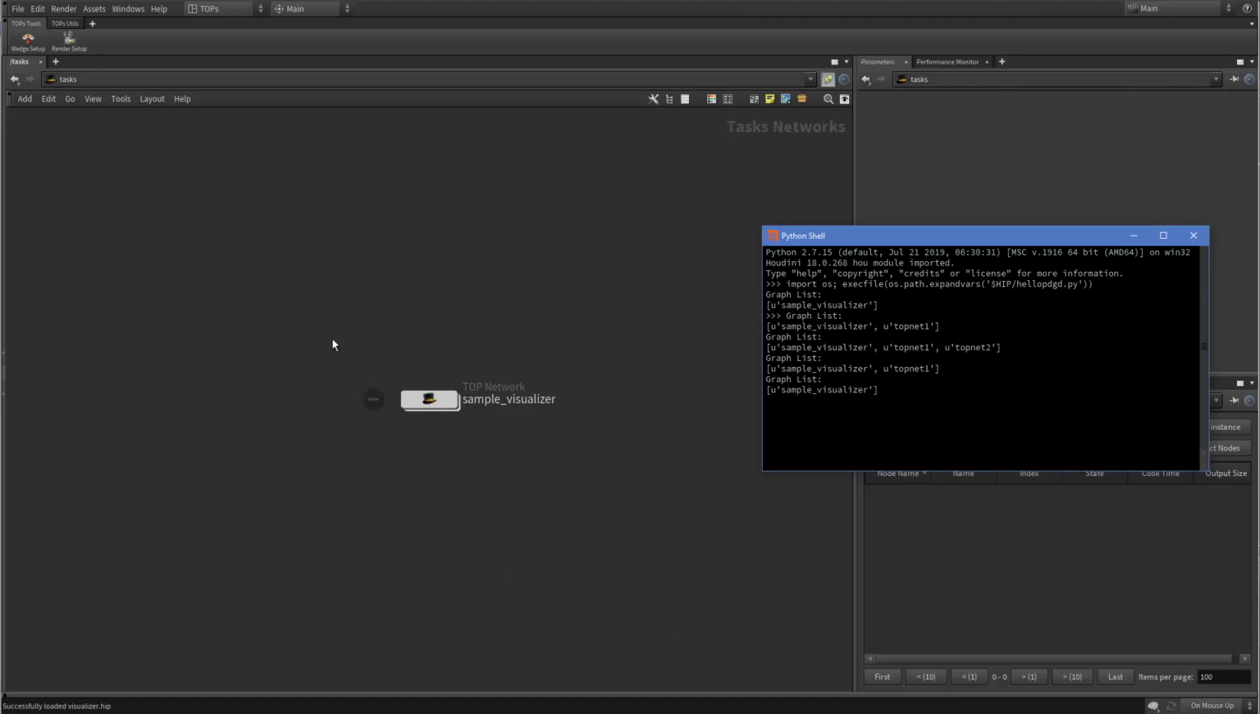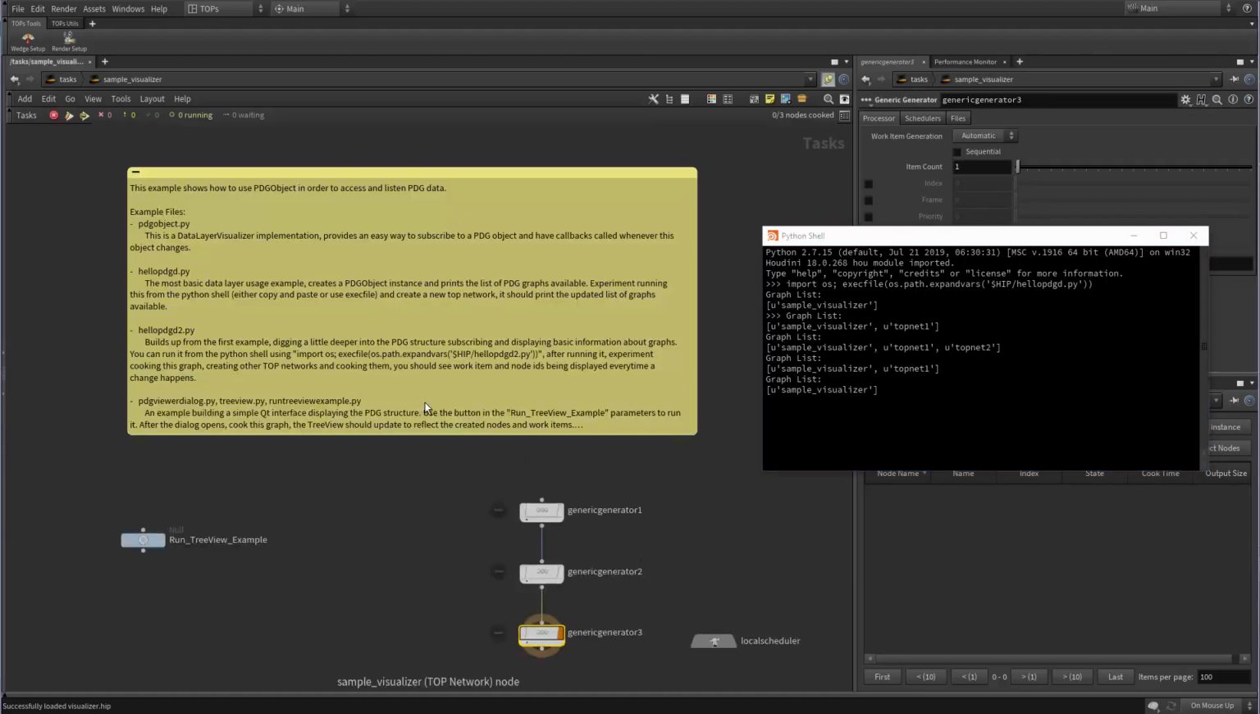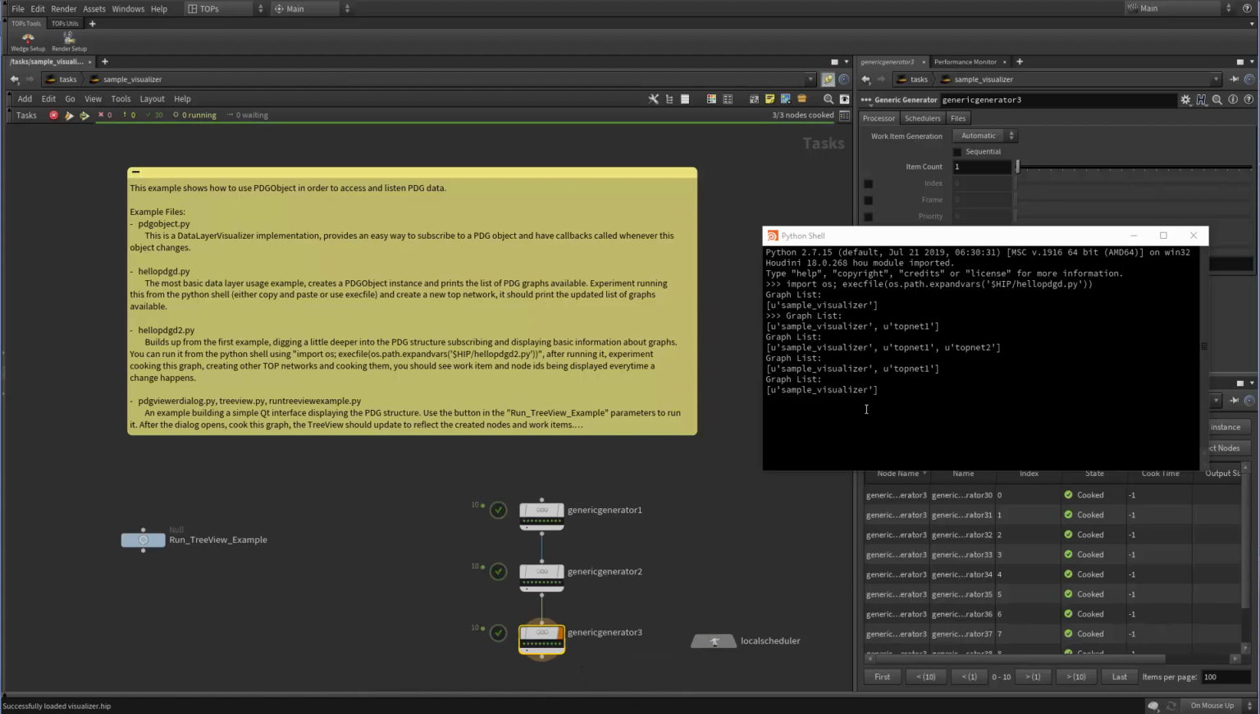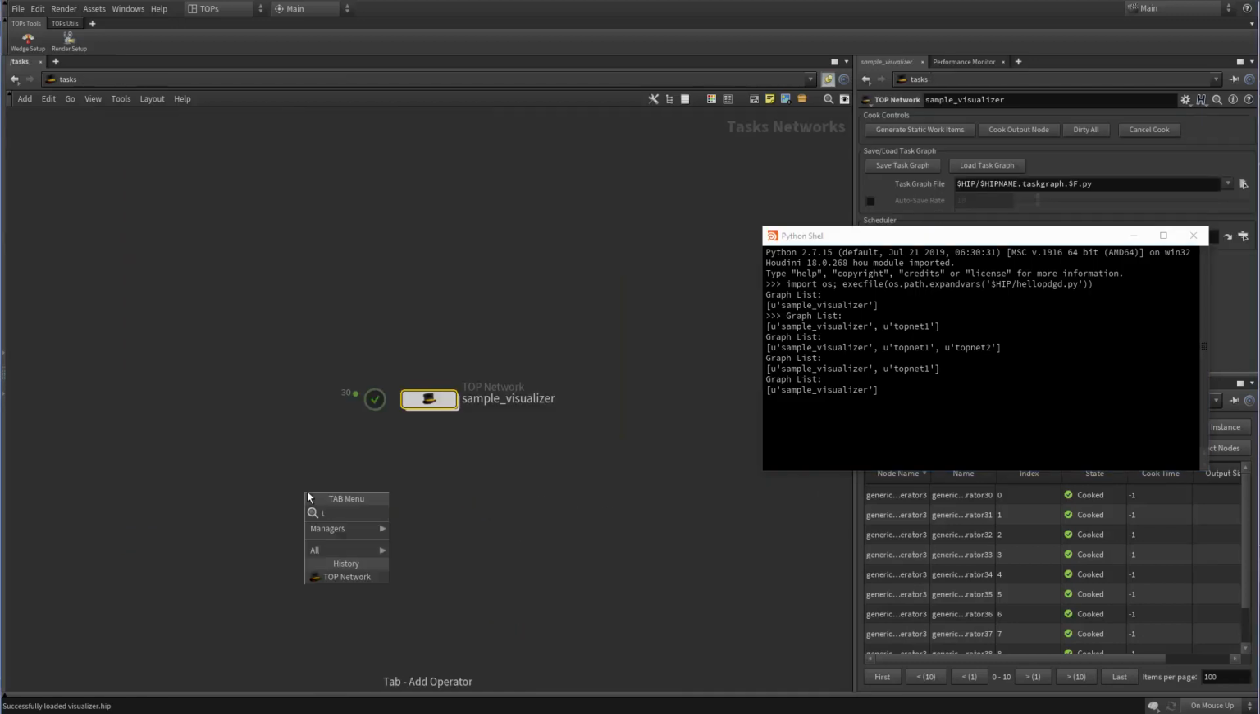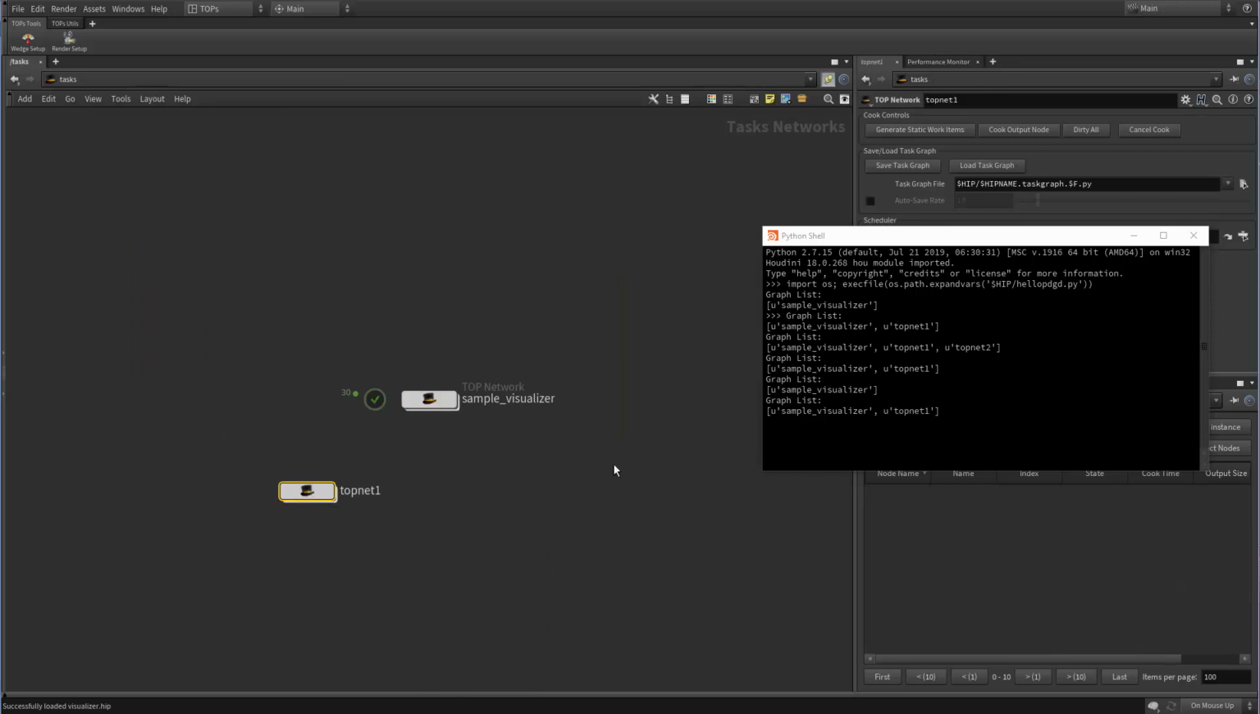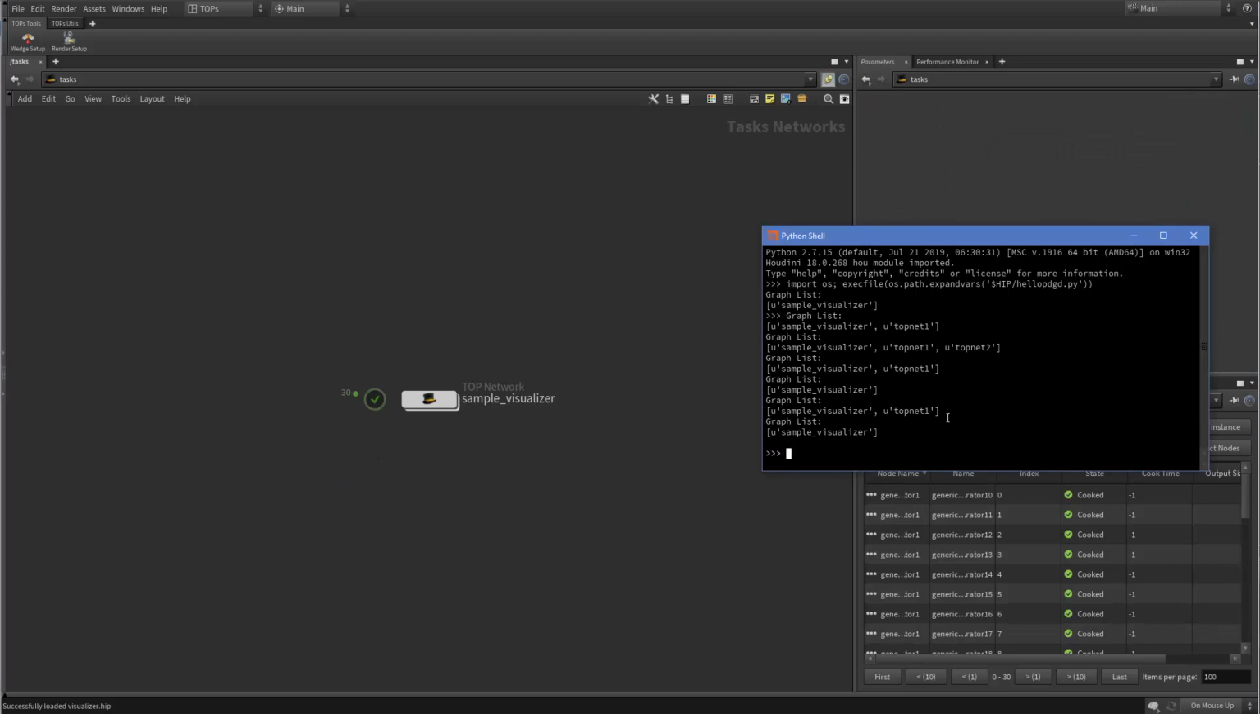You'll notice though that if I cook the nodes in here, we're not getting any prints, okay? And that's because we haven't expressed a deeper level of interest. We have only expressed interest at the very top level, right? If I put down another top network, this does print. So how do we do that? To do that, let's take a look at the next example, which is